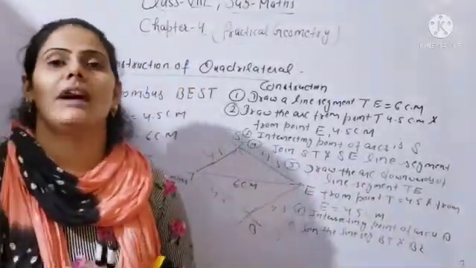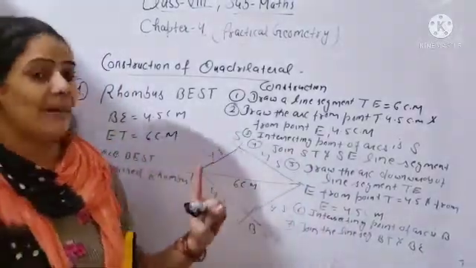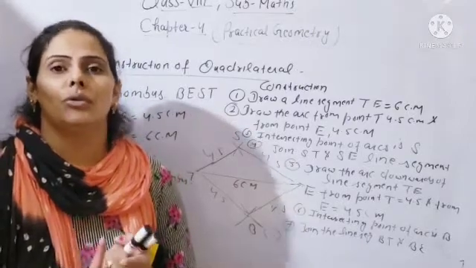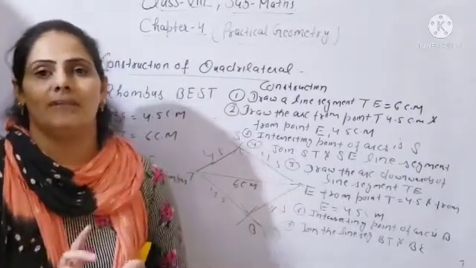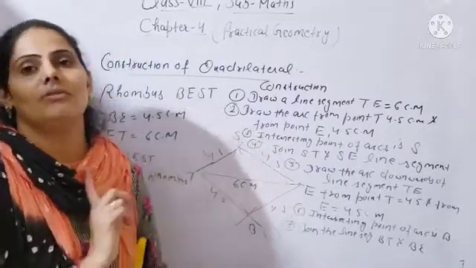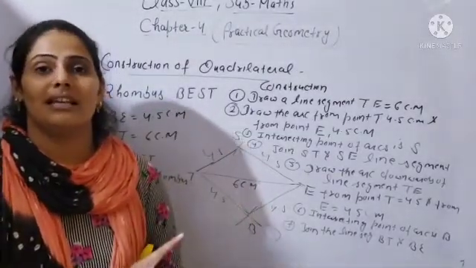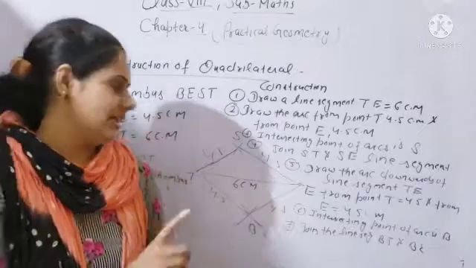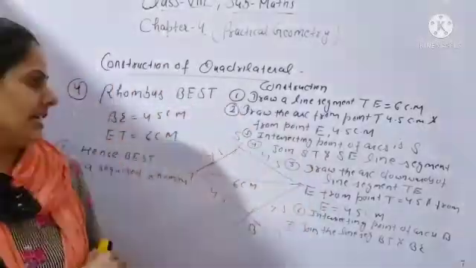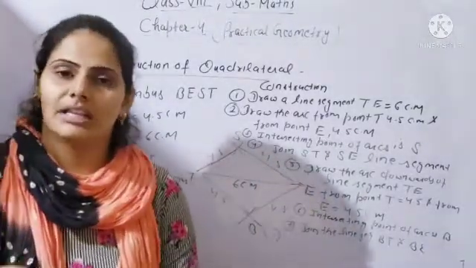First step, simply you have to draw the rough diagram, and in second step you have to do step by step, and you will draw all the lines and all the arcs with the help of ruler and compass, not simply like that. Okay, with the help of pen and pencil you have to take the compass and ruler. After that you have to complete the quadrilateral and rhombus whatever it is given. Clear all of you? Step by step. After completing the diagram you have to write the construction also. Step by step you will write the construction, and in last you can write hence this is your required quadrilateral, rhombus or parallelogram. Clear all of you?